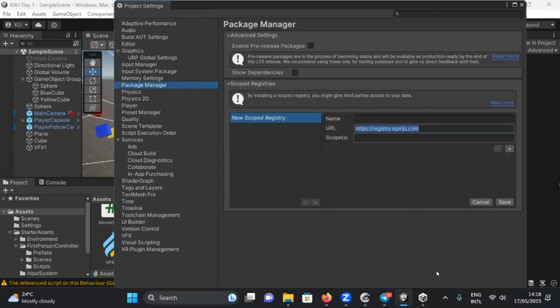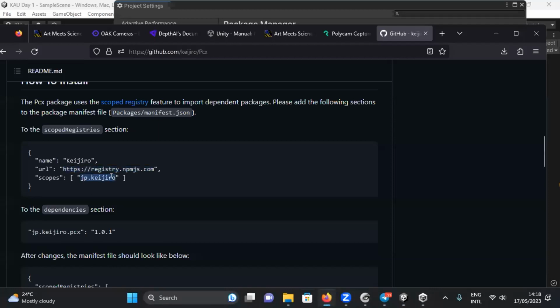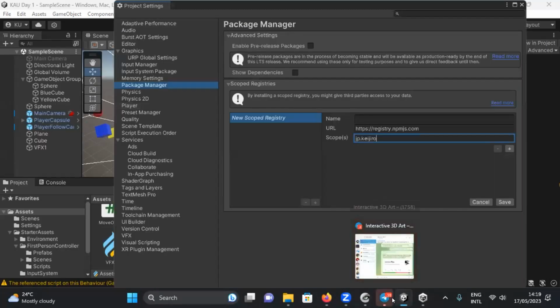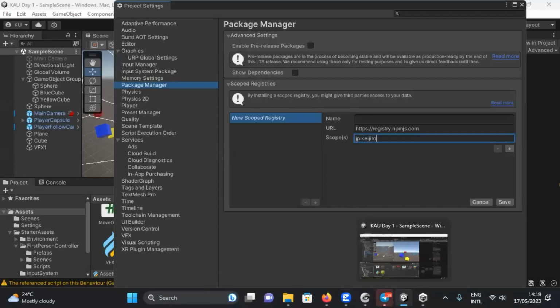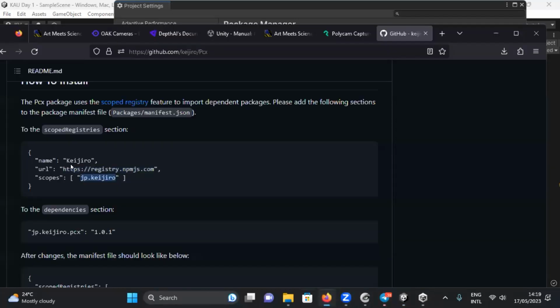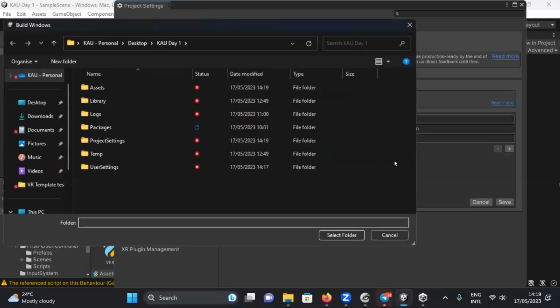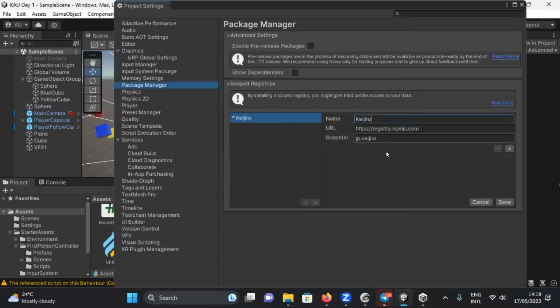So this is the location of the registry. This is the scope of the registry. So I copy paste this, and finally, this is the name. You can put anything as the name. I click Save,